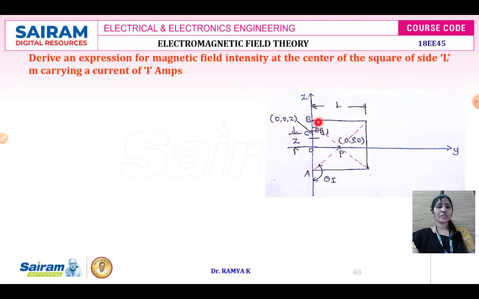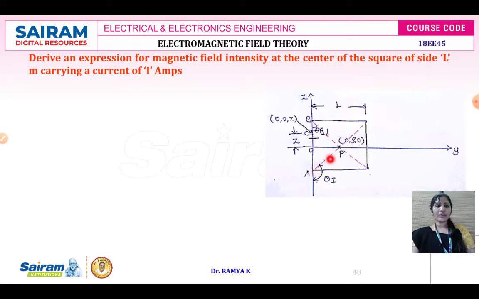Whatever is given over here, it is the square of side L meter, and here we are going to consider, let AB be the length of the conductor, that is a finite length of the conductor, and this is going to frame a square. So if you find the magnetic field intensity on one side, then you can multiply it by 4 to find the total magnetic field intensity that is exerted on this particular square. Consider AB be the finite length of the conductor and P be the point where we need to identify the value of magnetic field intensity.